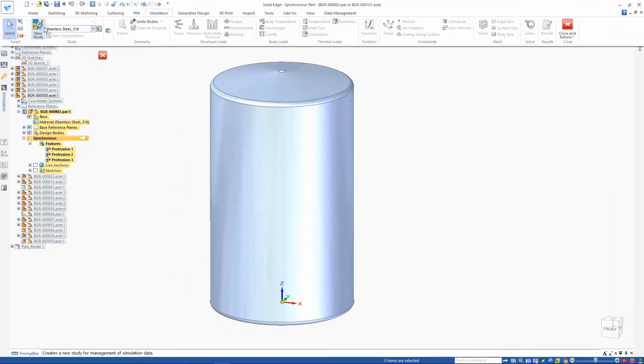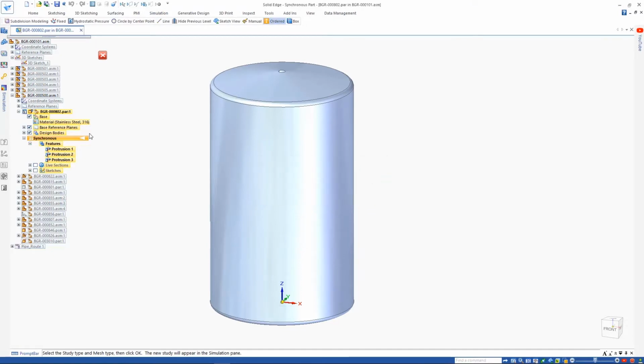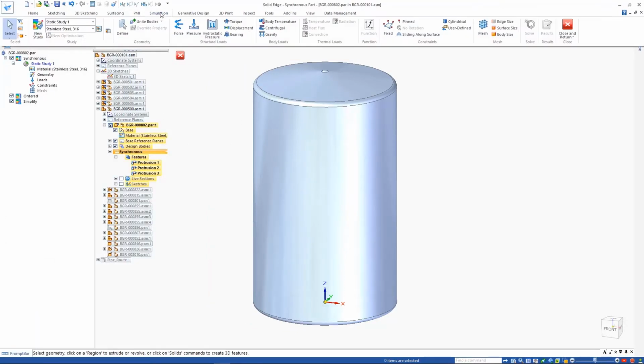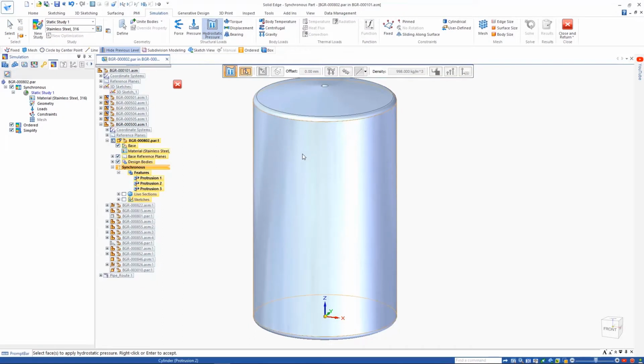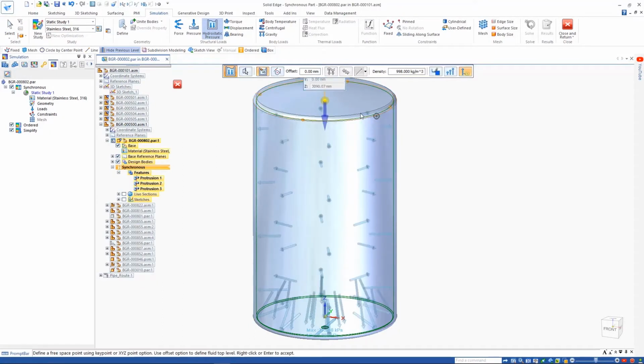Solid Edge simulation can calculate hydrostatic pressure loads in a linear static or coupled study. This can be used to determine the maximum and minimum pressure that is exerted by a fluid from a given point due to gravity. Running such a study on this tank for a dosing assembly line,